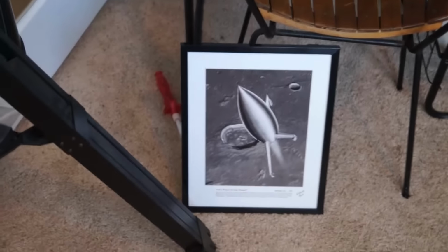A picture I need to hang on the wall. Here's the pictures I got from my trip to California on the Mercury 9. The Mercury 9 has been pulled out of storage. It is on display in another room. So getting over here,